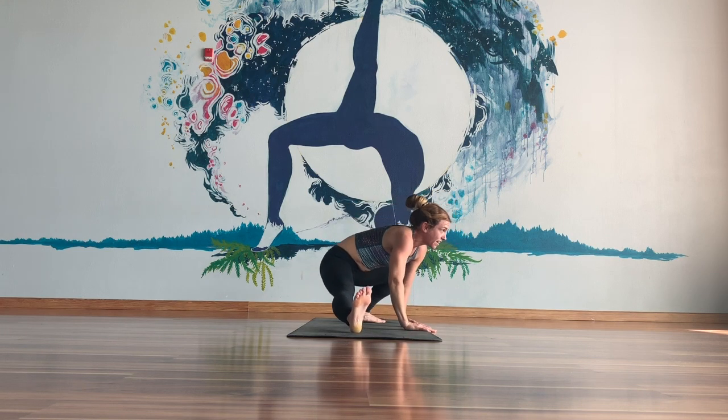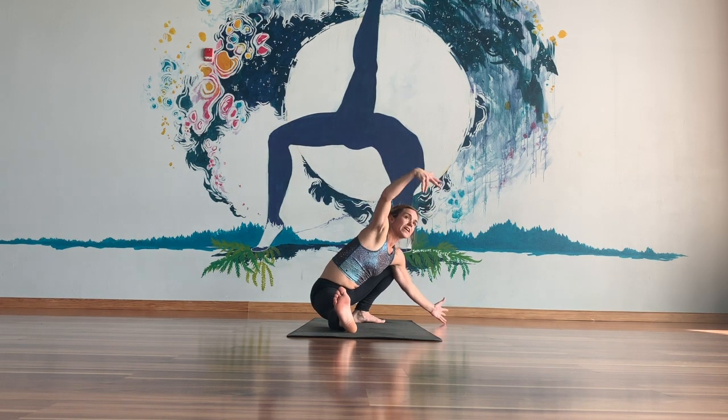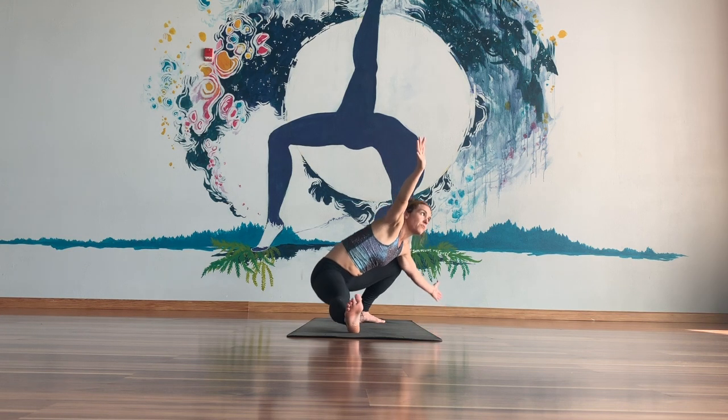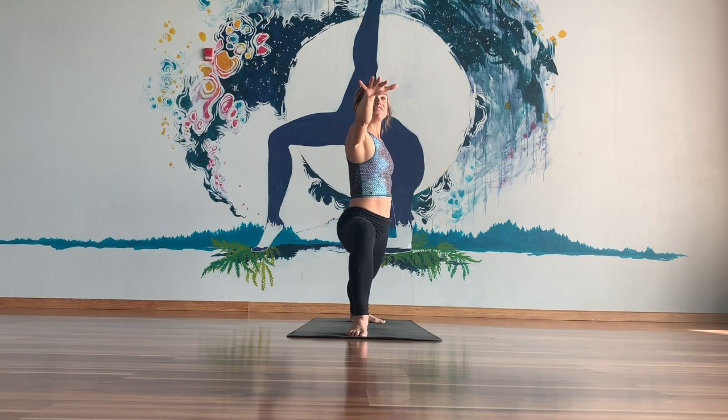Skandasana, back of the mat. Allow that right knee to bend and feel this stretch through the left hamstring. Stay with hands on the mat, heart center, or expand your wings. Finding deep breaths here. Deep breaths out. As you're ready, come through warrior 2, bend into the left knee, feel really rooted through the right foot, and